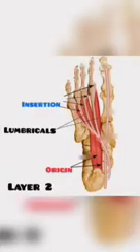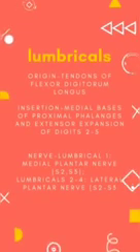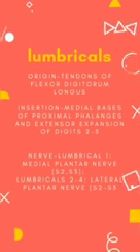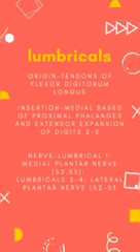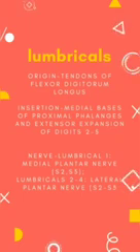Lumbricals. Origin is in the tendon of flexor digitorum longus. Insertion of this muscle is in the medial bases of proximal phalanges and extensor expansion of digits 2 to 5. Medial plantar nerve with the root value of S2 and S3 supplies the lumbrical of the first toe. Lateral plantar nerve with the root value of S2 and S3 supplies the lumbrical muscle of the 2nd to 4th toe.